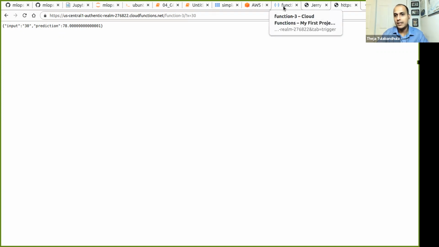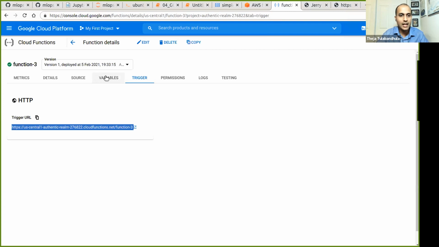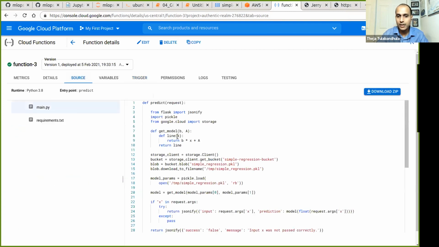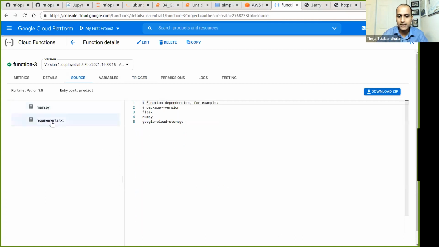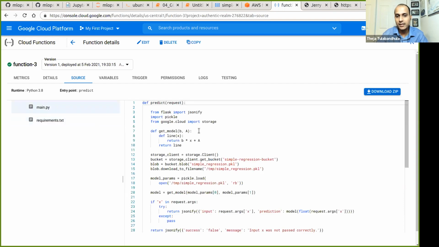What I wanted to show in real time was how you go from a Flask app to a Cloud Function. The only difference is you need to specify the dependencies in your model serving script, and in the main file. The Flask app has a slightly different structure, but at the end of the day, this part is just reading a pre-existing model from disk, and these are just imports. So up to this point is just reading the model.